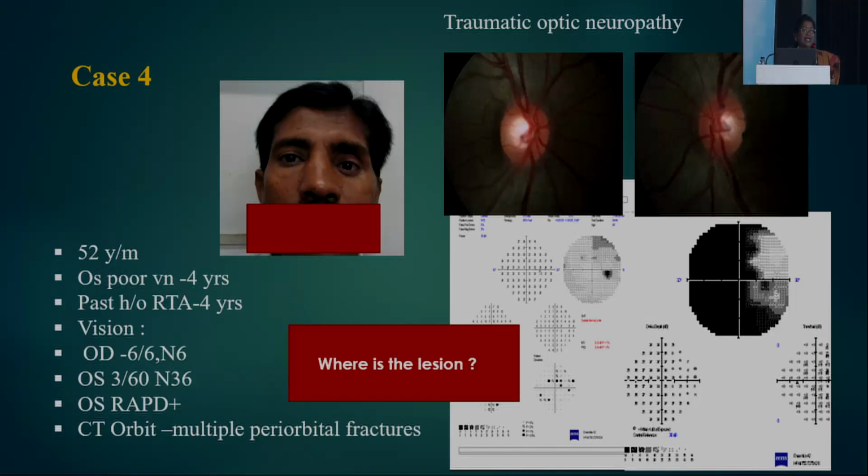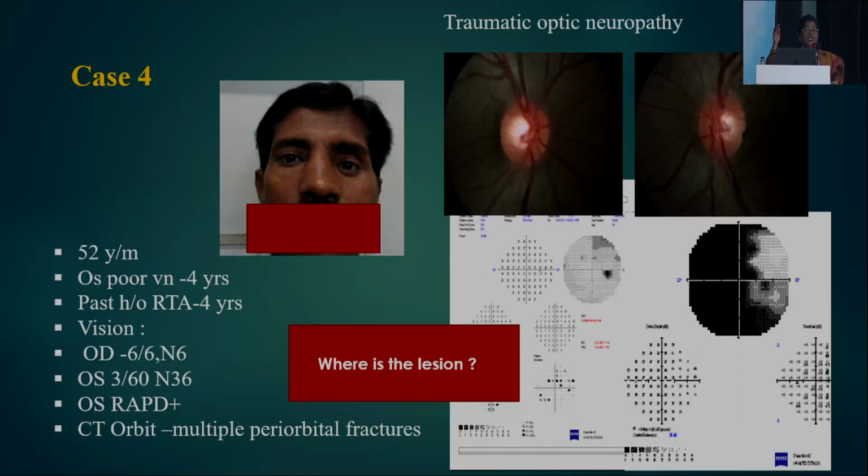So this is a guy who presented to us with a drop in vision for 4 years, and he had a road traffic accident 4 years back. After that, his vision dropped in the left eye, and you can see he has a lot of facial asymmetry on the left side. His vision in the left eye was 3/60, and there was a relative afferent defect, and the CT showed multiple orbital fractures. This is the visual field you see,